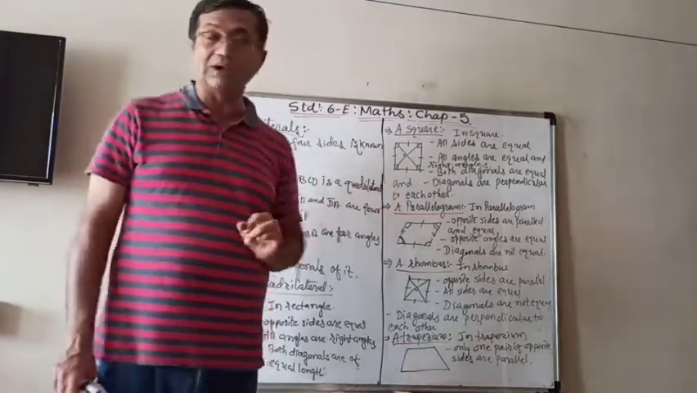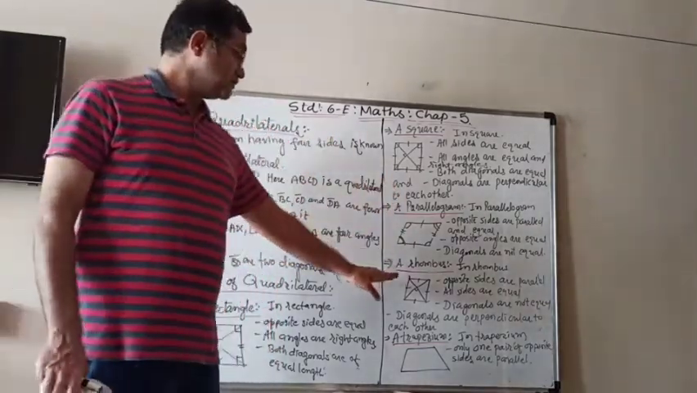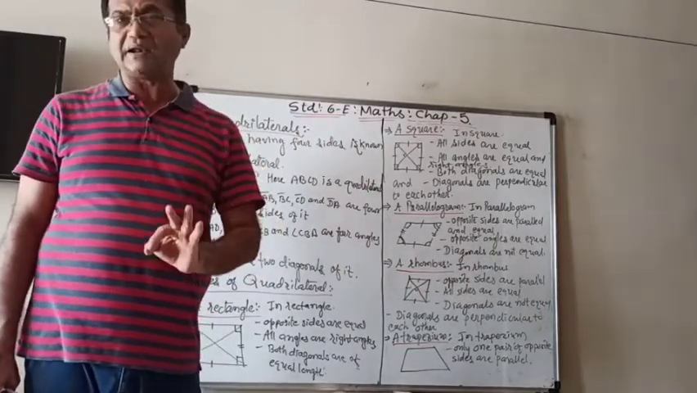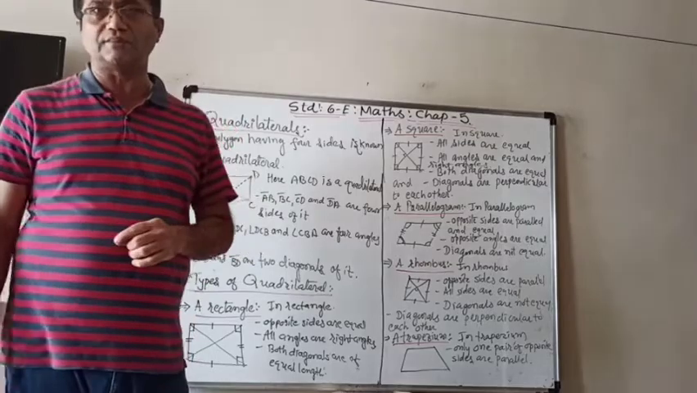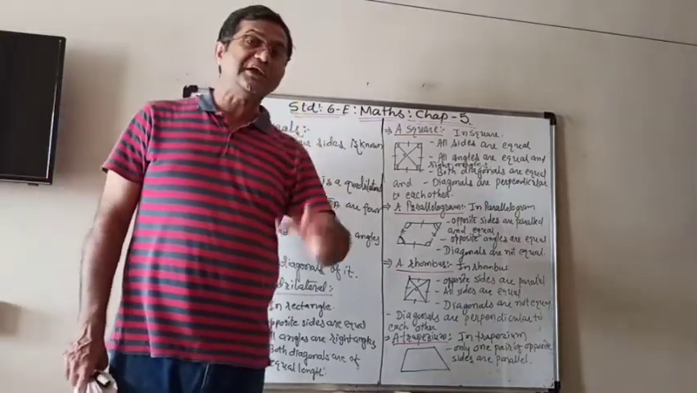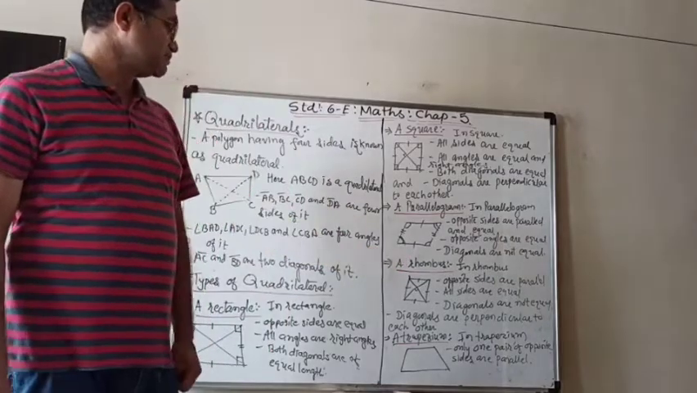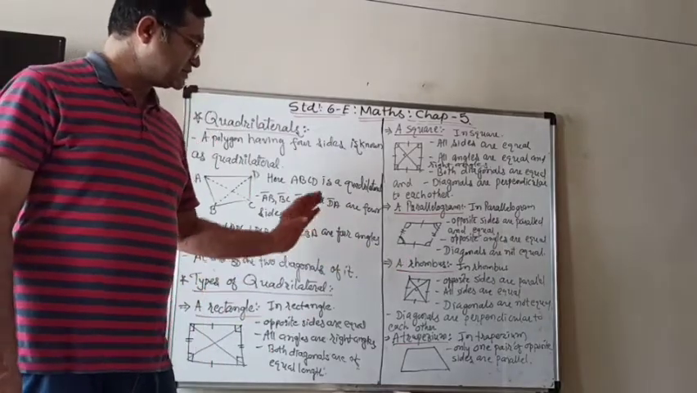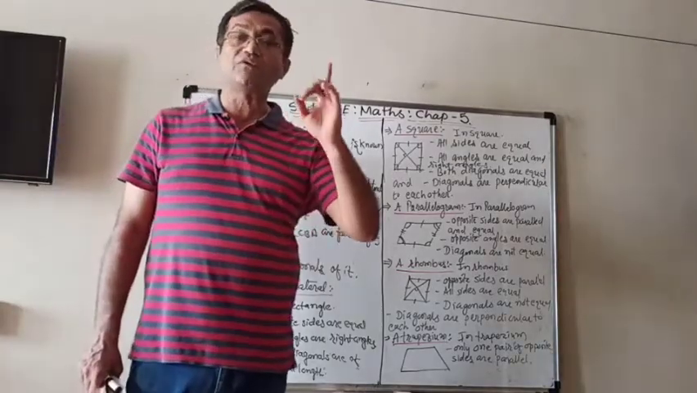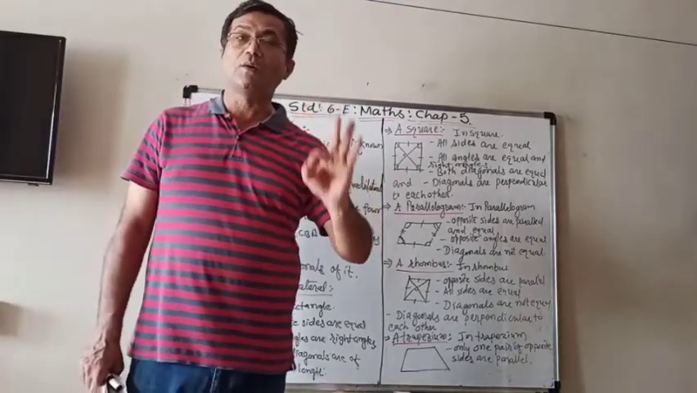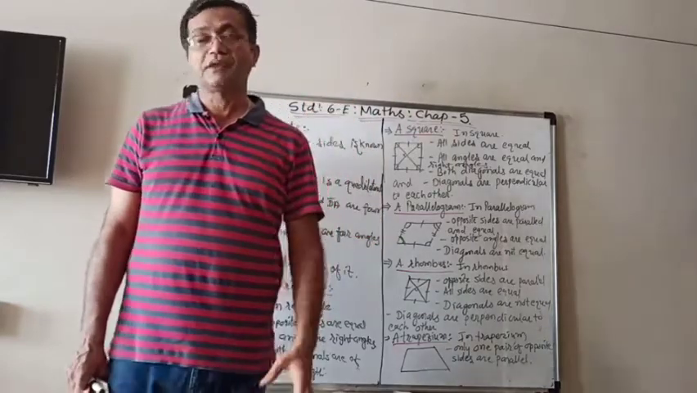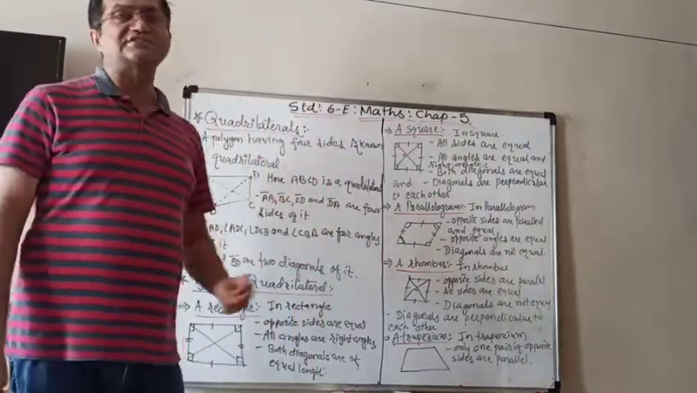are not equal. And in a rhombus, all opposite sides are parallel and all the sides are equal. The diagonals are not equal, but they are perpendicular to each other. And in a trapezium, as I told you, only one thing you have to remember: only one pair of opposite sides is parallel. So here we are going to finish today's session,